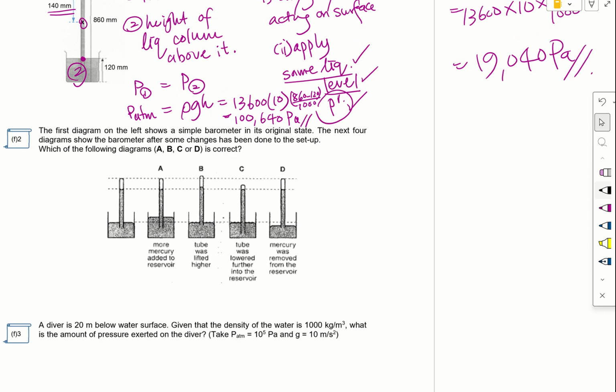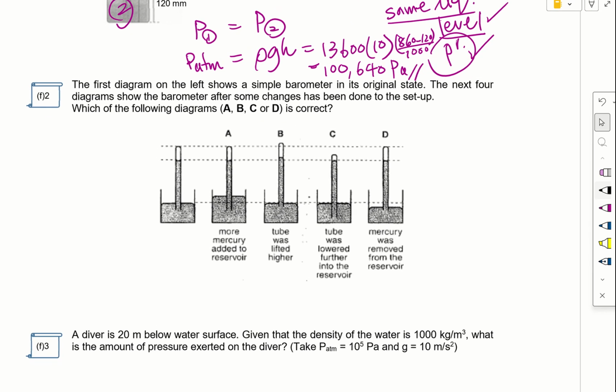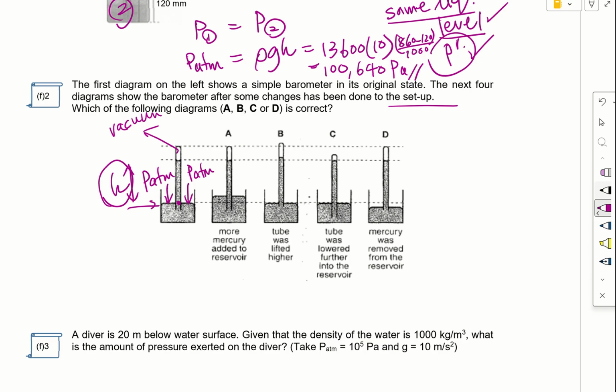Okay, now to F2. The first diagram on the left shows a simple barometer in its original setup. It's a simple barometer, so we can take it that it is not faulty, so inside is vacuum. The first step is that we need to draw a downward arrow to show that there's PATM acting on the liquid surface outside. And same liquid, same level, same pressure. So at this height, with this height of mercury, we will have the same pressure. So we will need to look for the height, because it shows after some changes have been done to the setup, but the location is still the same,